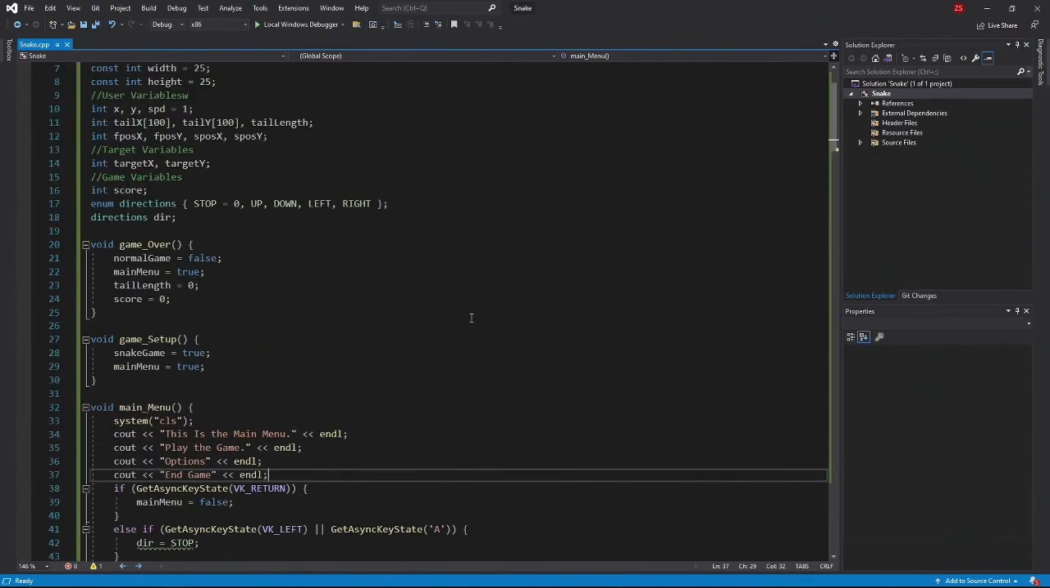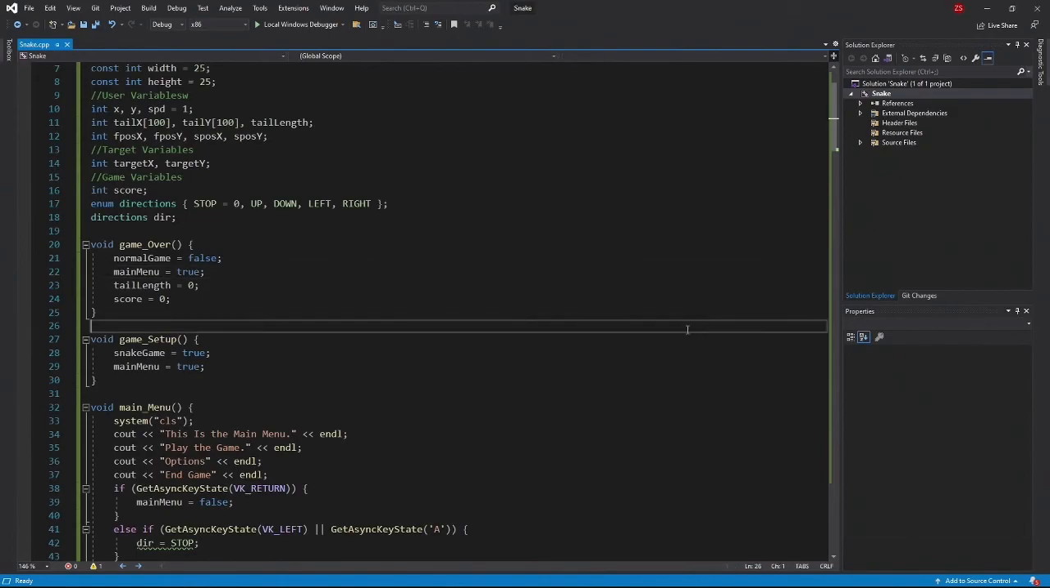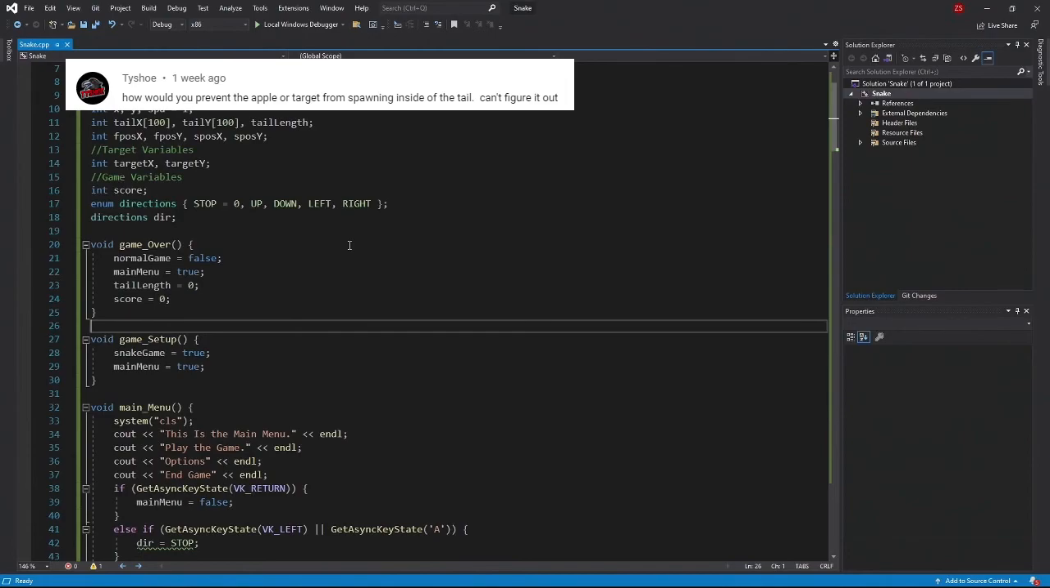So I guess before we get started, we'll go through some of the issues that people have come across in the comments, just to help them out, see where they would have made a mistake, or where things would have gone wrong. So first is Taishu, or thank you Shu. I don't know how to say that, but you said, how would you prevent the apple or target from spawning inside of the tail? Well,